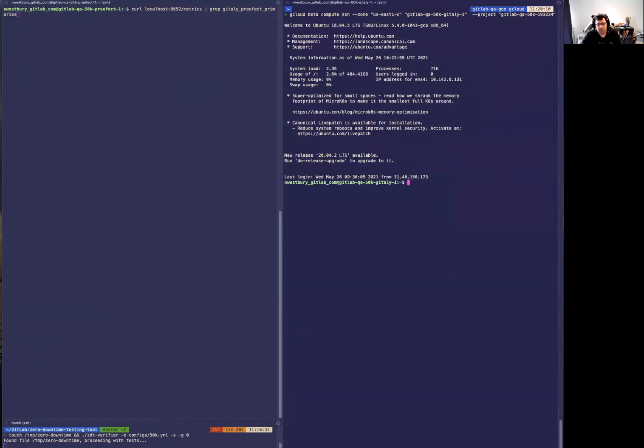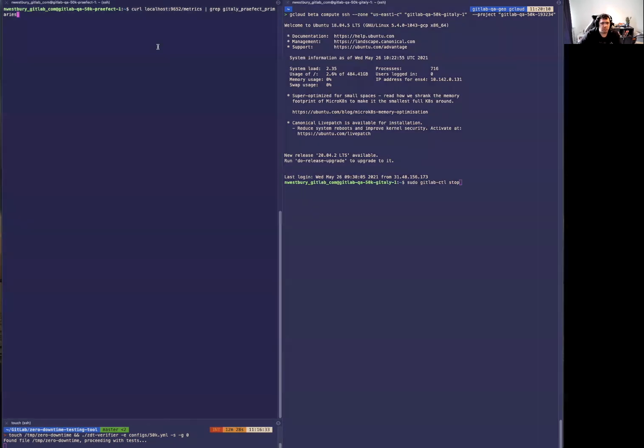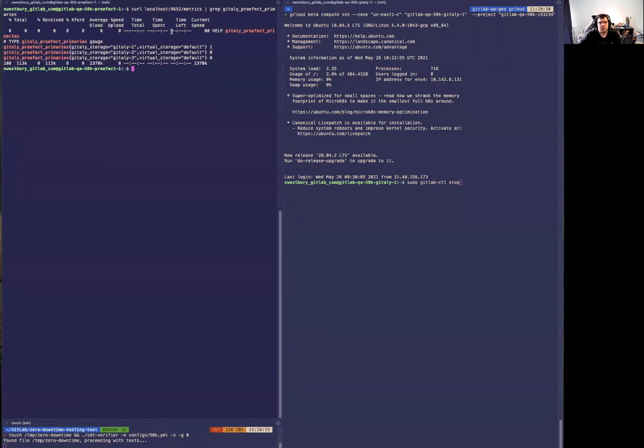And then we can just stop the server. Before I do that, I've also got a Praefect node up. We have this curl request. It essentially does the same thing that Grafana does. It just shows us our current Gitaly primary server. And again, it's just showing us that Gitaly 1 is the primary. So if I now stop the server